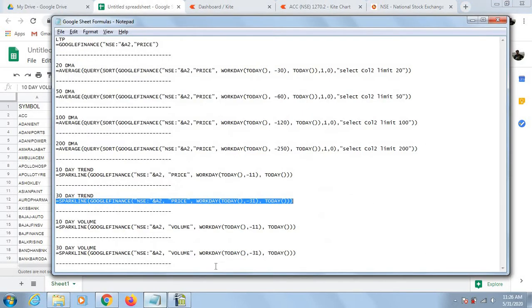Next, for the volume, it's the same formula. It's just replace price with volume and take the days as 10 days or 11 days.